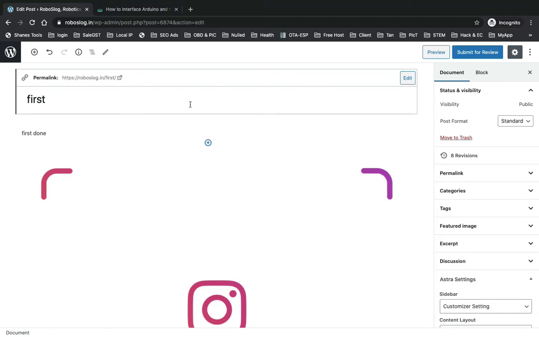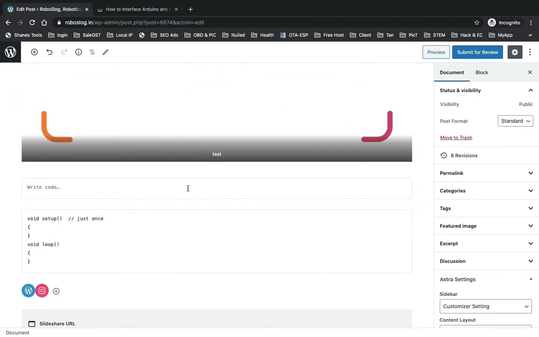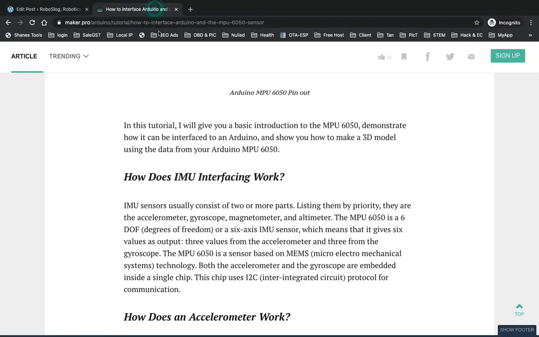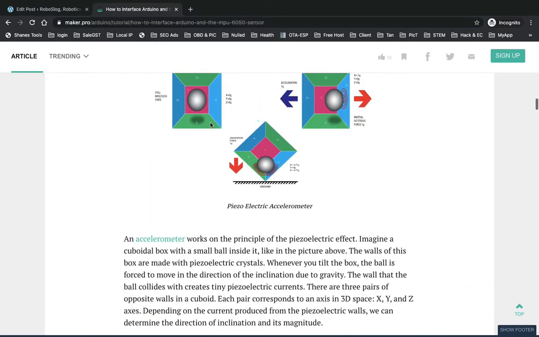You need to remember one thing here: whatever post you are writing, you need to take care of credits too. If you are taking a reference from somewhere else, for example from this blog, or taking this image, you will need to give credit to this blog.